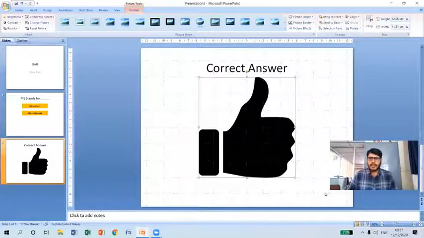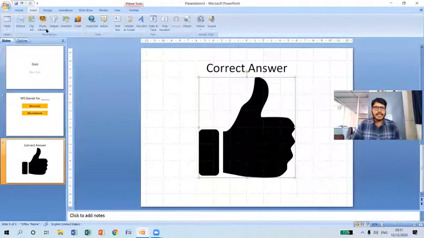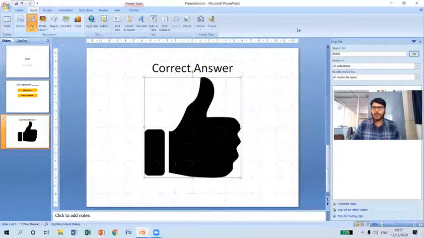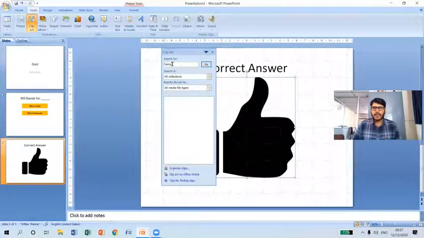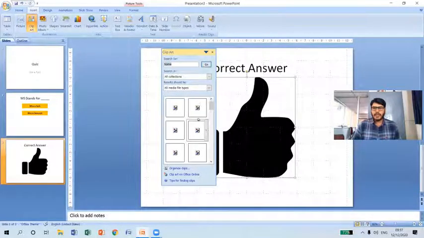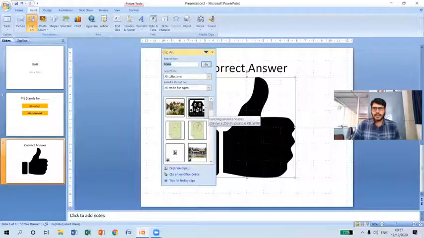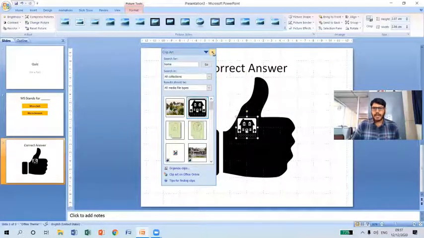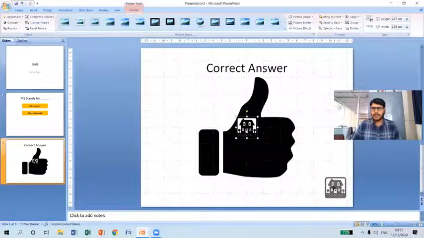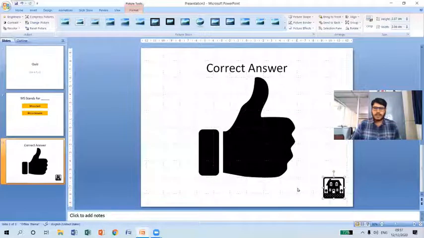So now I need one home clip art here at the bottom right corner. For that I will use insert clip art. It will open a clip art panel like this. Here I will search for home and click on the go button so that it will return home clip art images. So now I'm going to select this one and let me close this. Let me place this home clip art towards the bottom right corner. Okay, so now my correct answer slide is ready. So let me duplicate this.